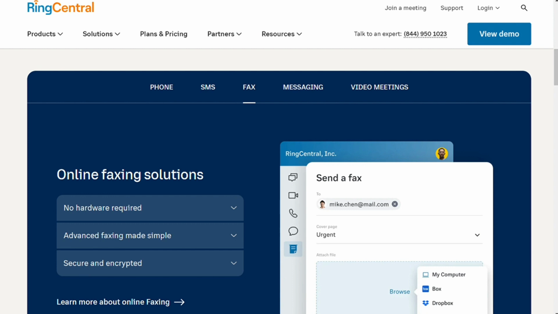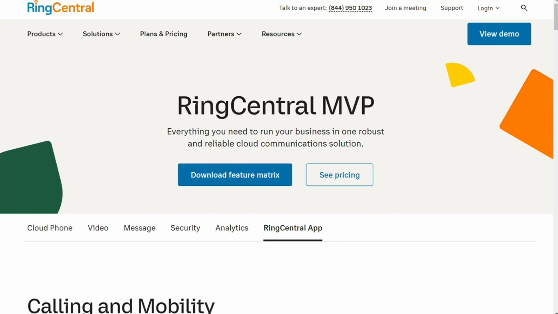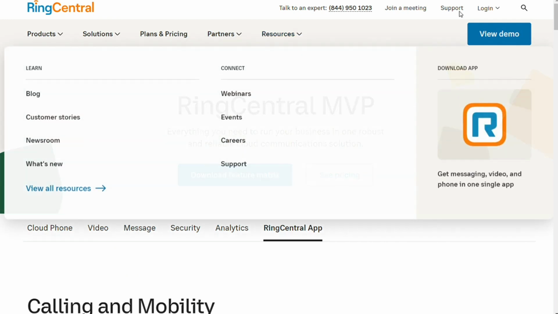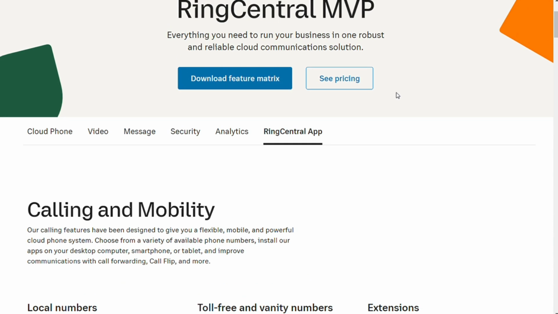And now let's compare them for features. Both RingCentral and Grasshopper will give your business the phone lines necessary to offer a professional profile, but unlimited calling and texting are about the only similarity the two providers share in regard to service offerings. They do each offer a free trial to let you test the system out before making a more significant commitment. RingCentral's trial is 15 days, while Grasshopper's trial is 7.